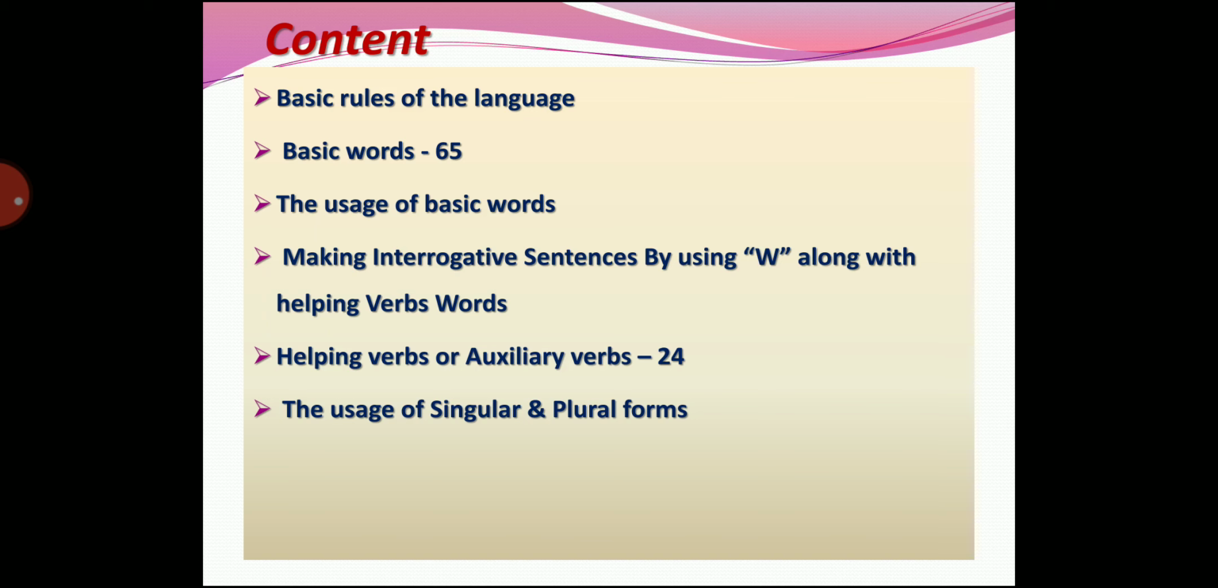Then the uses of the 65 words, which means the uses of basic words, and making interrogative sentences by using W words along with helping verbs. We will learn that. Helping verbs, also called auxiliary verbs, are 24, and the uses of singular and plural forms. So these are the key points that we will make clear, to know each and everything. And now,